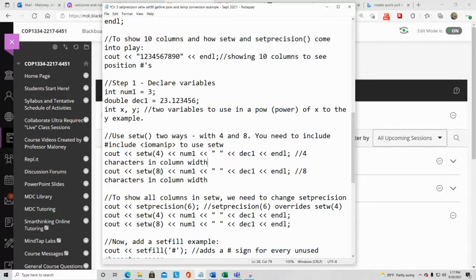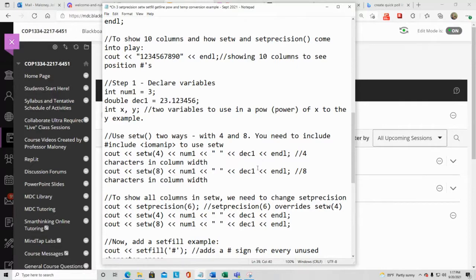Meaning in this case, it could take 1, 2, 3, 4, 5, 6, 7, 8 characters for an integer if we wanted to. But again, we're using the same number 1, just that thing there. So it's going to show a 3, but that means the 3 will be in the 8th position up here. Okay, up in this thing up here. All right, so the 8th position. All right, and then dec1 will be the same thing,